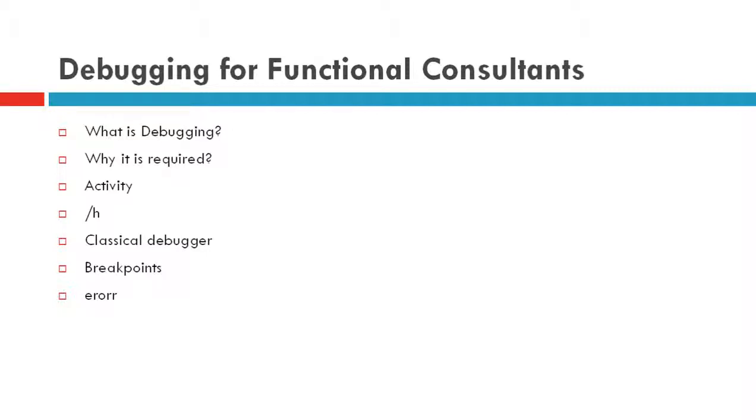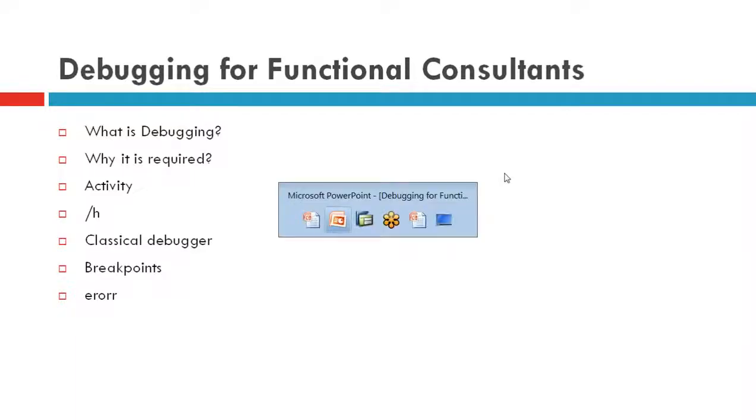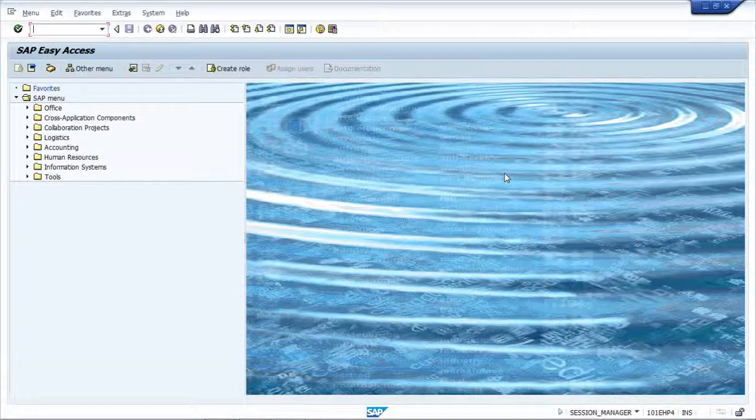So /h is the transaction code to enter into debugging, and we can put breakpoints and then we can analyze the error. So we'll try to see that now. I'll take a scenario where I have to edit a table entry. So let's say I'll go to the system and I'll go to table